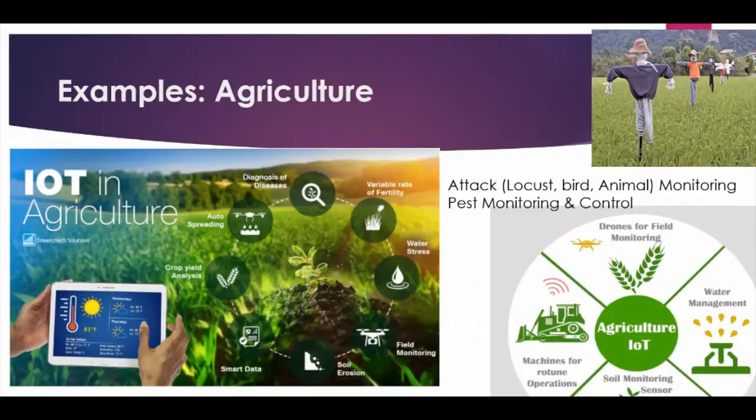You are monitoring the field with respect to time, whether you are getting up to a certain level of crop or not. Then different attacks are there. You see the right hand side, this was the popular example everywhere. You can see in India and abroad also this type of statues. So in place of this, you can actually install some cameras and you can have an intelligence system that will monitor for locusts, birds, animals.